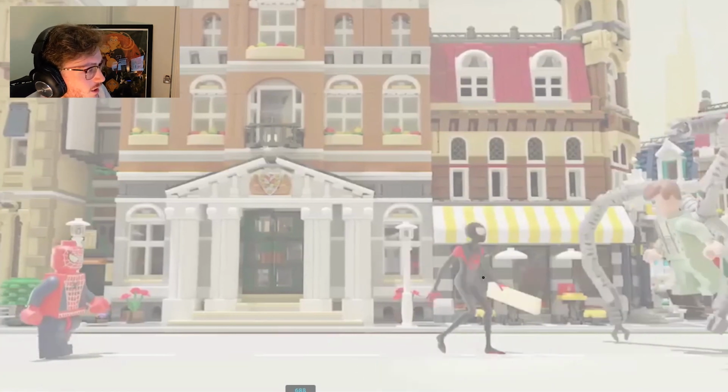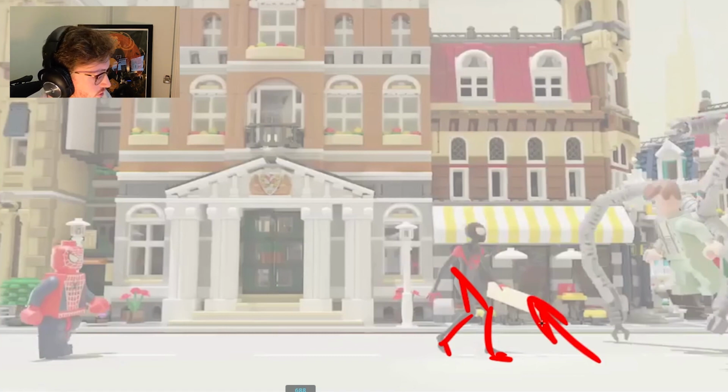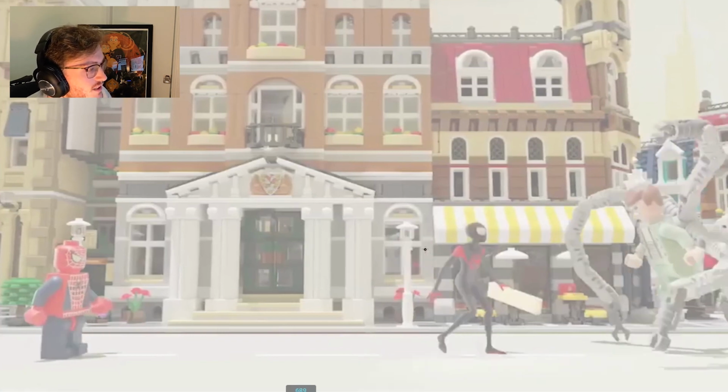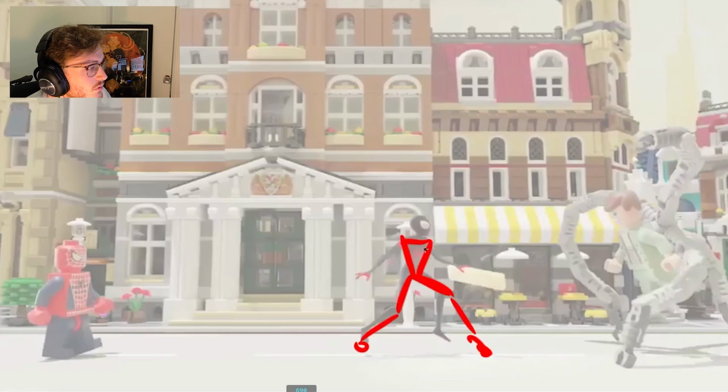So in here, you can see that he's pushing off with this weight here. So again, just in this single pose, you can feel like he's pushing off in this direction. As he jumps back, I feel like I would have maybe trailed the leg a little bit more, just to feel like he pushed off. Right now, I didn't really see much of a change in the angle on his leg.